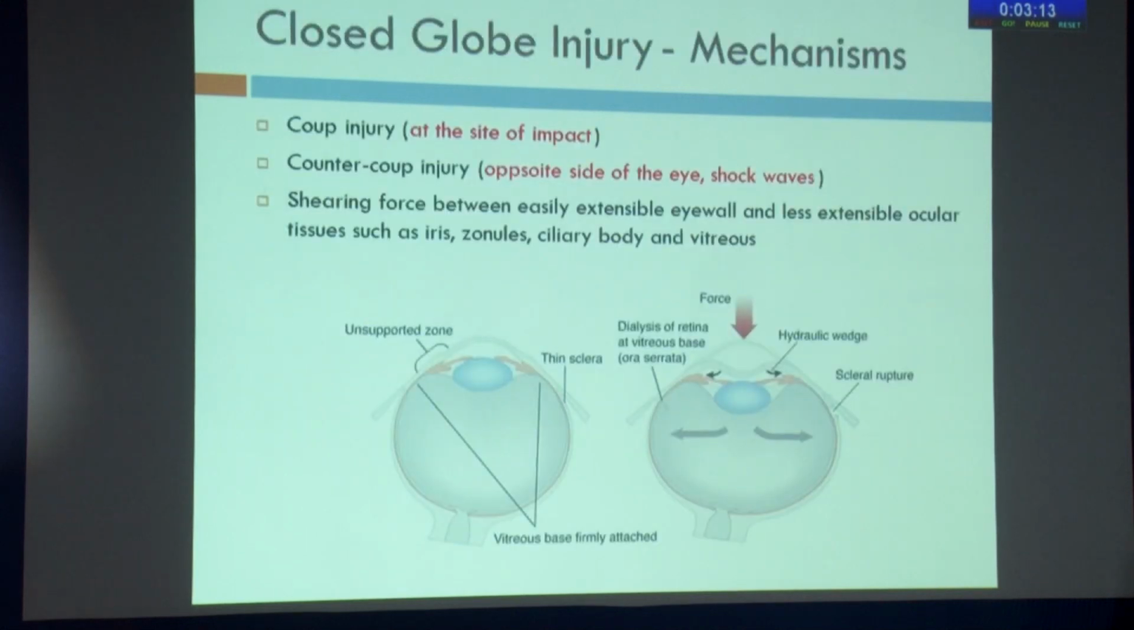Now what is the mechanism of closed globe injuries? So it is basically based on coup contrecoup injury. Coup injury means that the injury is happening at the site of impact, and contrecoup is basically it happens directly opposite to the side where the impact has happened, and it is due to the shock waves which are traveling from the site of impact to the posterior pole. So there is a compression and there is a decompression. During the decompression, the globe rebounds more than its normal shape